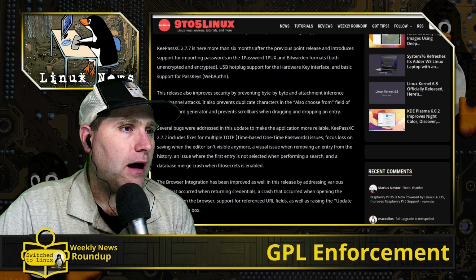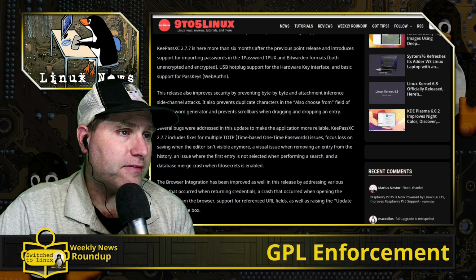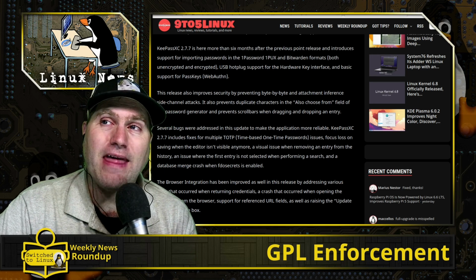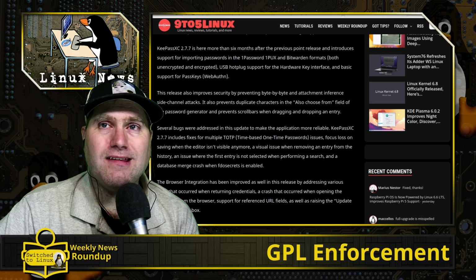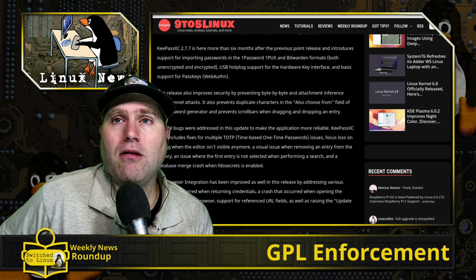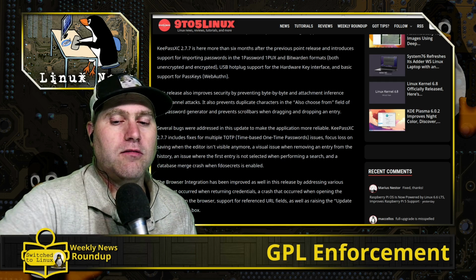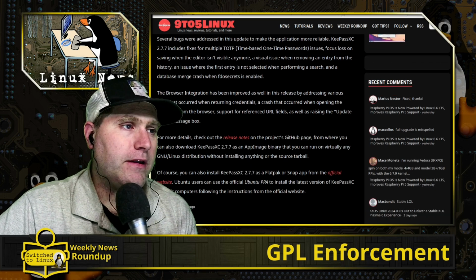They also have some improvements on the TOTP. If you haven't caught that video I did maybe 6 months or a year ago, you can use KeePassXC for TOTP as well. That's using your QR codes, the type of things you'd use Google Authenticator for. You can also do that in KeePassXC. We have videos on that as well.